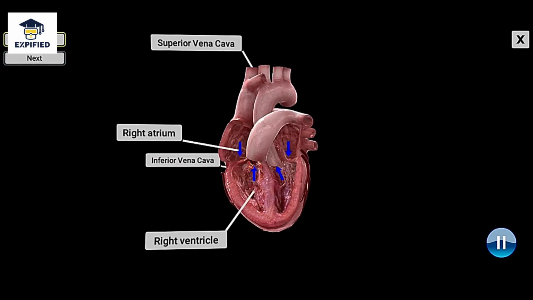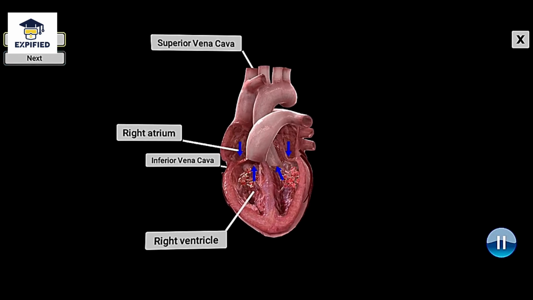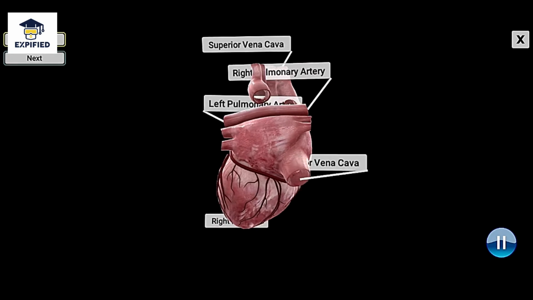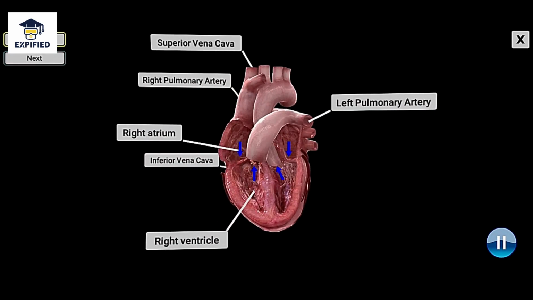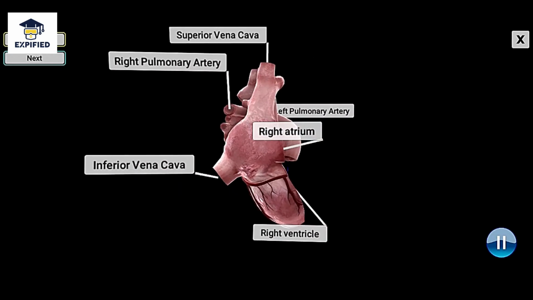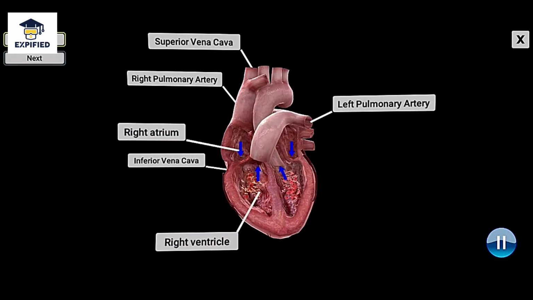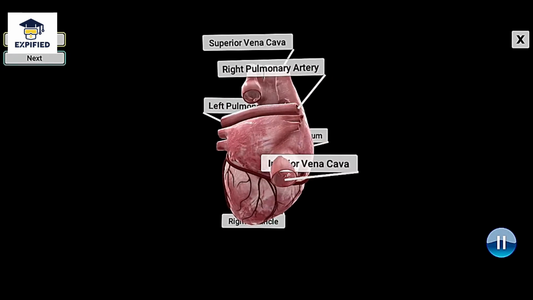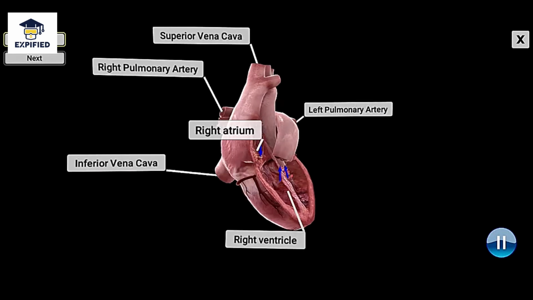The right ventricle squeezes blood to the pulmonary artery. The one at right is called right pulmonary and the one at left is left pulmonary. The circulation is known as pulmonary circulation. Remember where it was, the horizontal tube that carries deoxygenated blood to the lungs. You can rotate and check.